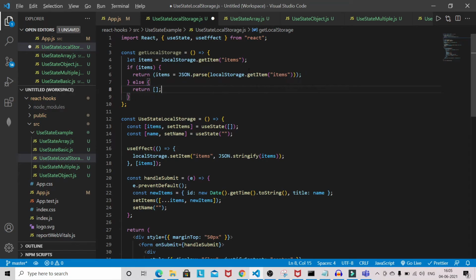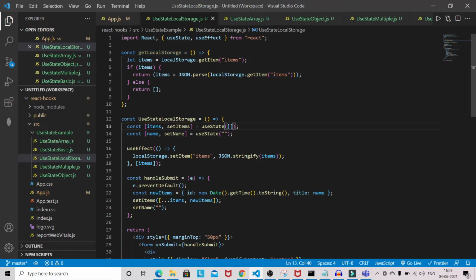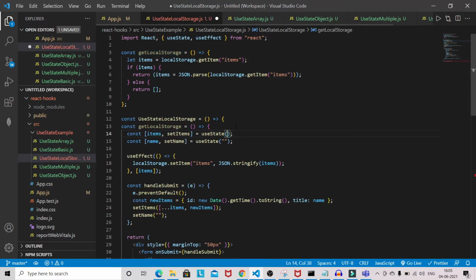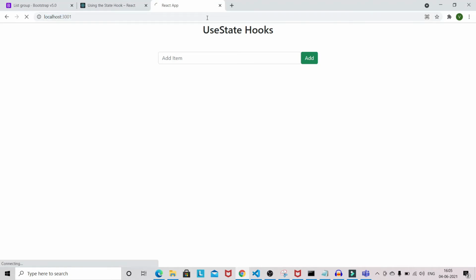Okay, now we need to use this local storage here. So getLocalStorage. Now let's see. Okay, I have added the item Jenny.